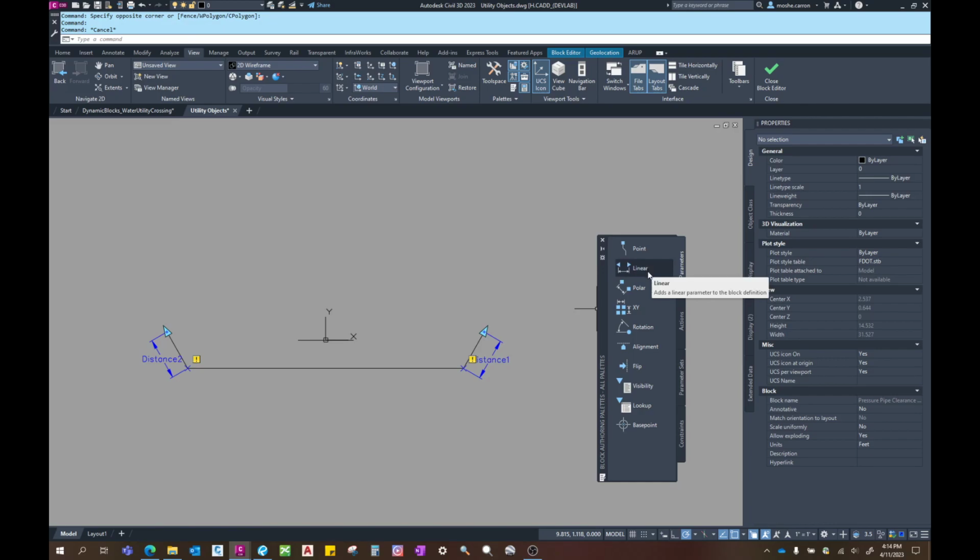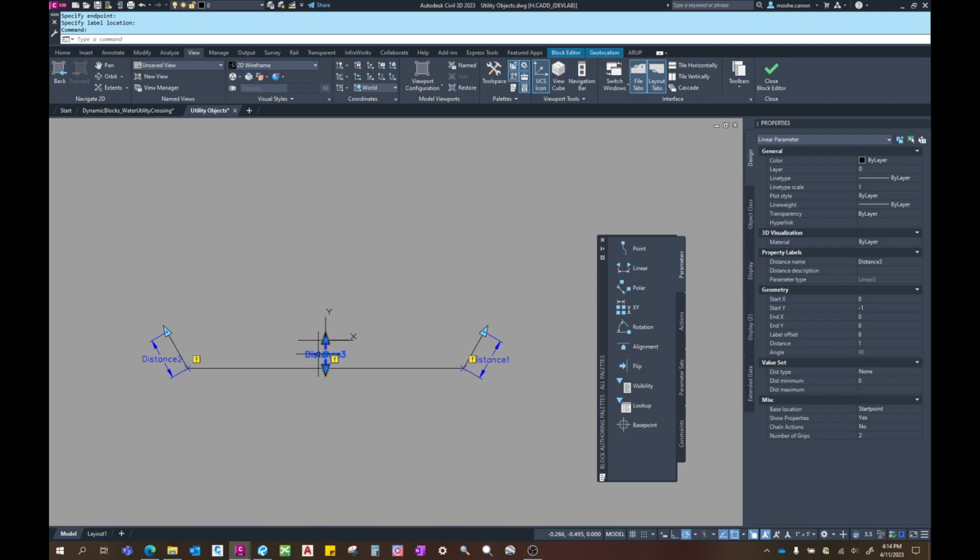Next, let's add one more linear parameter for the offset from the bottom of the pipe. Again, since I only want it to move in one direction, away from the bottom of the invert of the substructure crossing, I will select this linear parameter. Again, choose. So right now we can see two arrows, and I switch it to 1